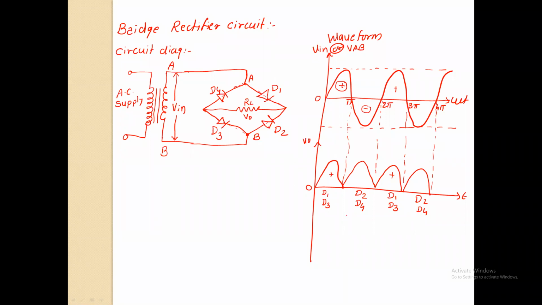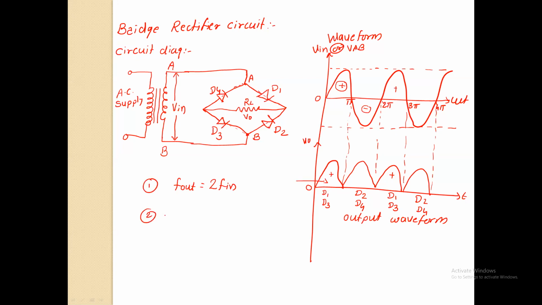मग आता ही जर आउटपुट वेवफॉर्म तुम्ही कंपेअर केली सेंटर टॅप फुल वेव्ह रेक्टिफायर बरोबर, then you can easily say that the output waveform of a bridge rectifier circuit is the same as the output waveform of the center tap full wave rectifier circuit. म्हणजे सेंटर टॅप फुल वेव्ह रेक्टिफायर सर्किट आणि ब्रिज रेक्टिफायर सर्किटची आउटपुट वेवफॉर्म काय आहे, सेम आहे. मग आउटपुट वेवफॉर्म सेम असेल, so may I say that the two relations are nothing but f out, the output frequency of a bridge rectifier circuit, is double the input frequency. This is the first point.